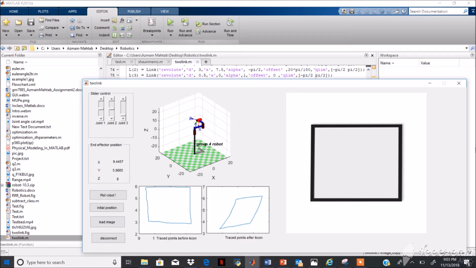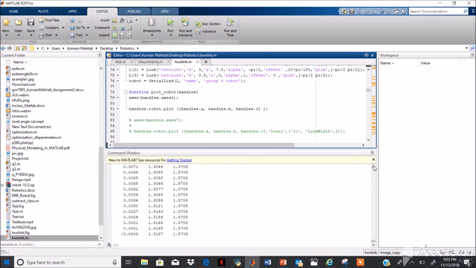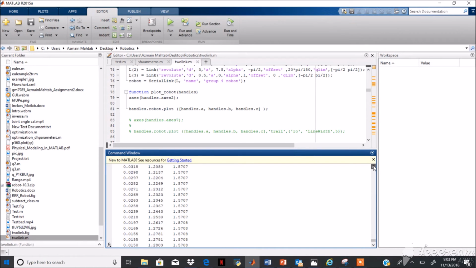Okay, so the robot has finished plotting the square, and it's a bit different after IK, but it's almost, I mean it has four corners, which means it has done a pretty good job. And to show you here, so we have the